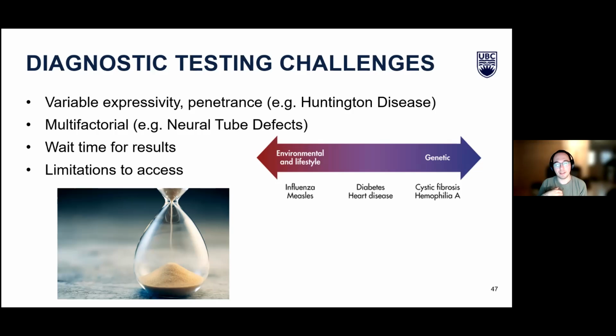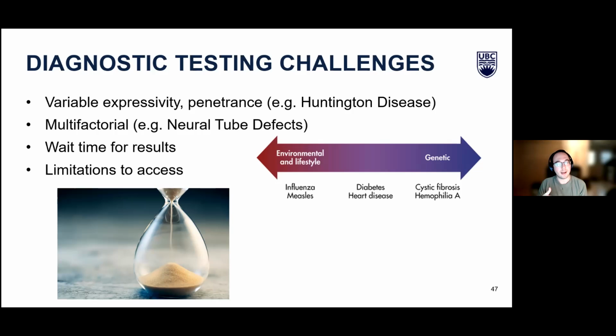If they had, again, cascade testing for some sort of dominant condition, even if they do get a positive result on that test, we don't actually know how bad that disease is going to be once they do start having the symptoms of the disease. So again, this is just creating more problems with understanding and helping people manage these diseases or plan for these diseases. Another issue is